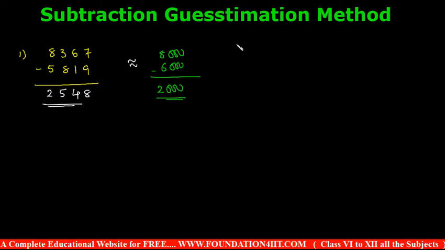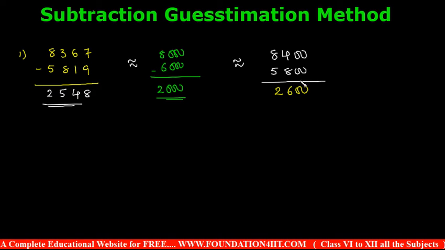Similarly, if you want to guess to the nearest hundreds instead of thousand: 8367 is 8400. So spontaneously if you want to guess, these are the techniques you can follow. When you come to the nearest hundreds, let us see how much difference we get. 5800 it is. These calculations we can do internally, you don't need to apply pen and paper. Just randomly you can write and guess. 8400 minus 5800, so it's 2600.